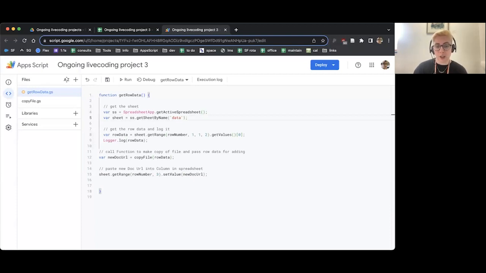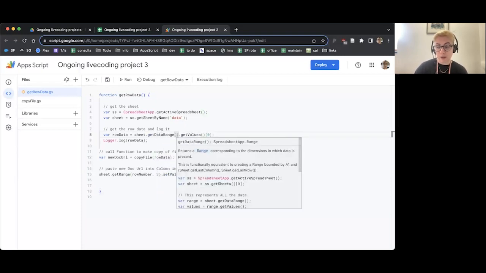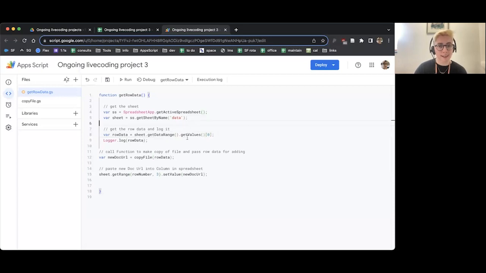The other thing I'm going to do is tweak how we get our range. Currently we've been doing it by numbers. We've been giving it a position, some coordinates of how to get our range. But there is a different command that makes it easier for us when we've got a long list of data and we don't want to have to do that. And that means we can use get data range instead of get range. So where I've got this get range and something inside the brackets, I'm going to change that into a get data range. So I'm just going to highlight all there, delete that bit, and choose get data range. It has to have some open and closed brackets, but I don't need to put anything inside them, like so.